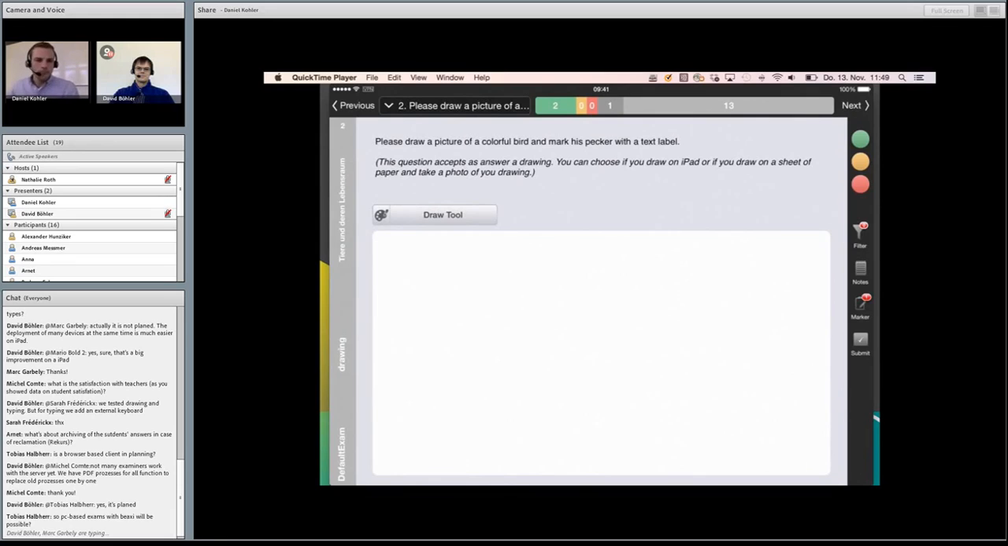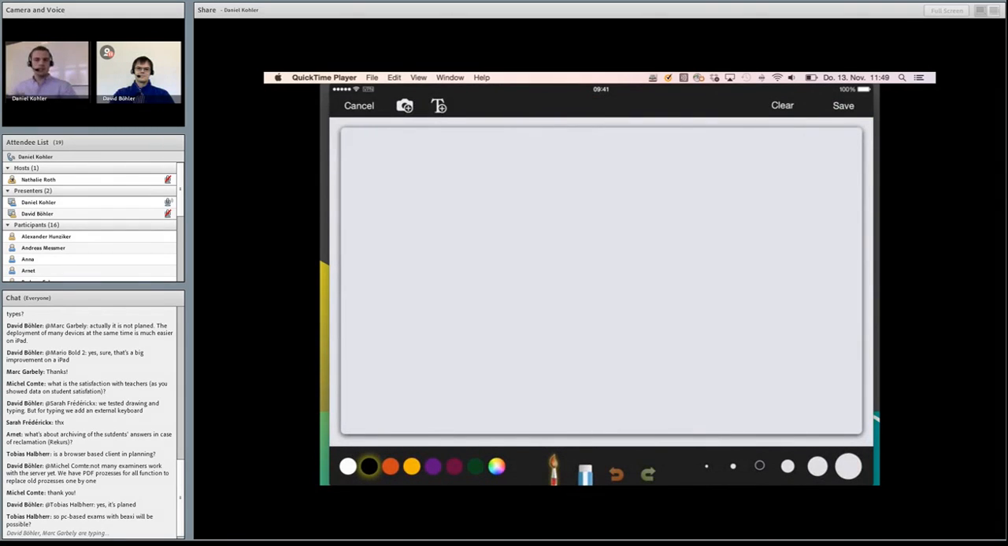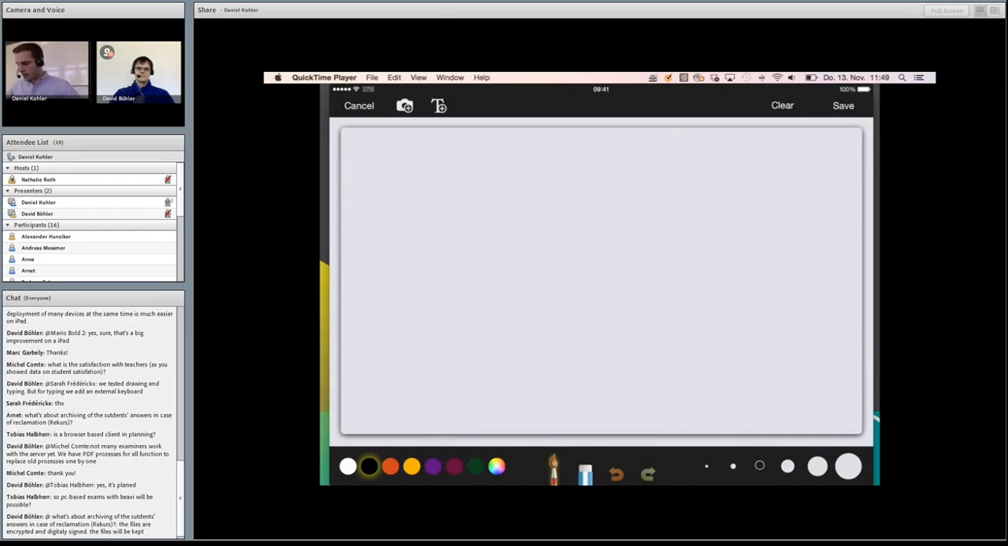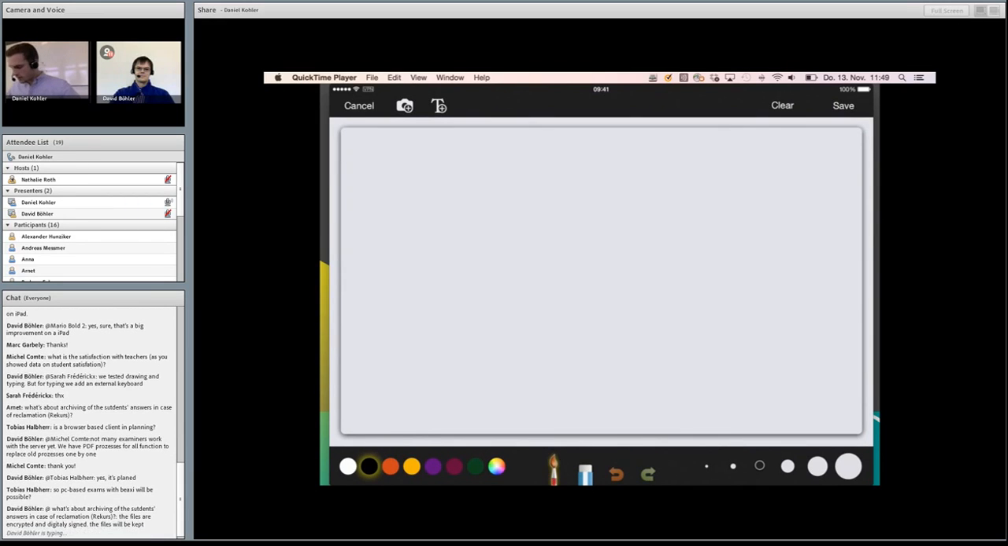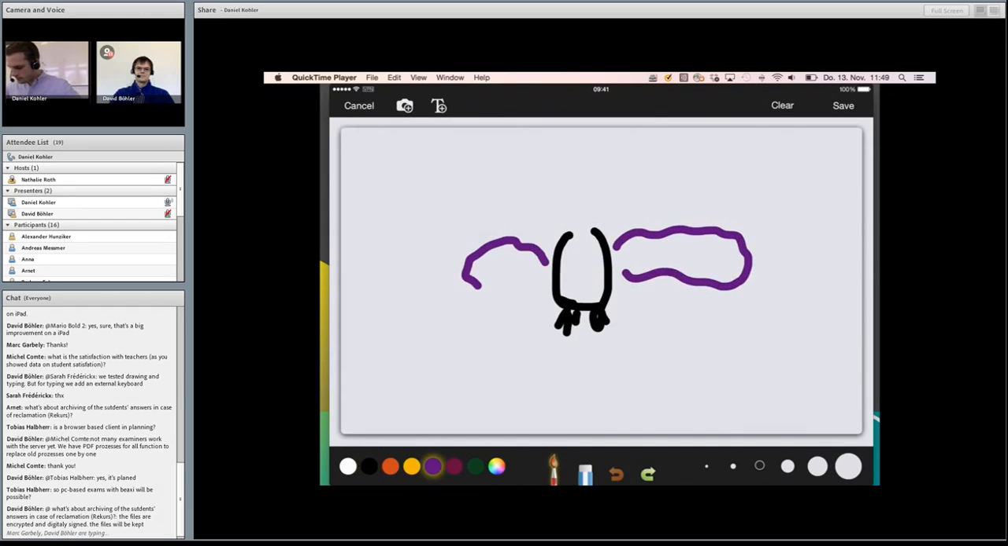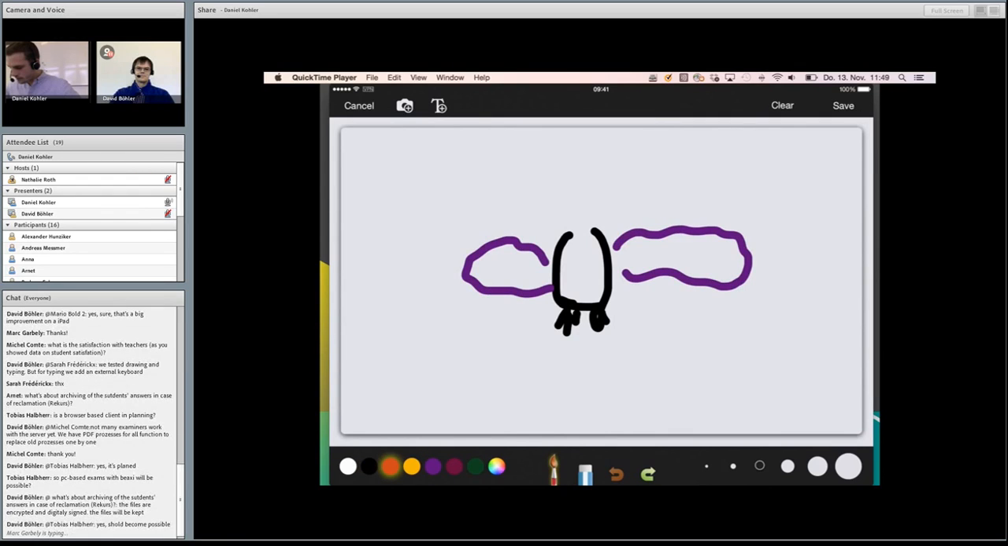So the question says, please draw a picture of a colorful bird and mark his pecker with a text label. So what you can actually do there is you put up the draw tool, which is quite similar to the annotation tool that I introduced beforehand. And I can draw here a colorful bird. And I have to warn you, because I'm really a bad drawer, my bird would probably look something like this. It has to be colorful, so we have, yeah, it actually looks a bit more like a bee, I think,